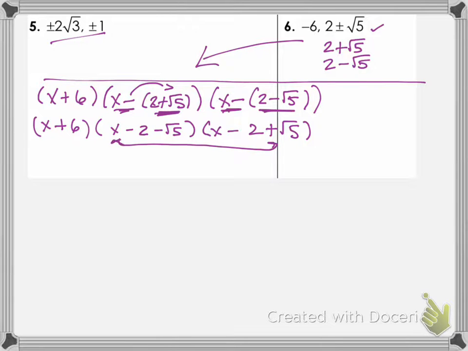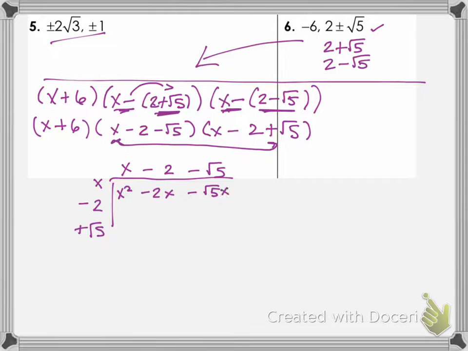And I'm going to do the box method. X minus 2 minus the square root of 5. And then I have an x minus 2 plus the square root of 5. Okay, so when I do that out, I get x squared minus 2x minus the square root of 5 times x. And then this would be negative 2x. This would be plus 4. This would be plus 2 square root of 5. And this would be